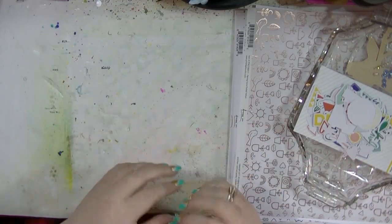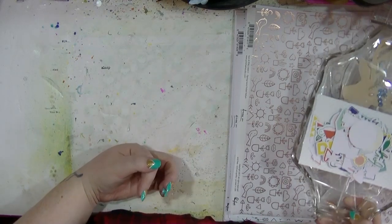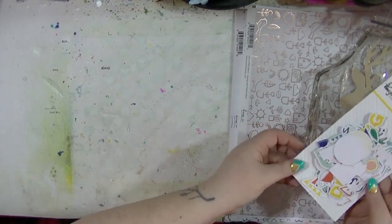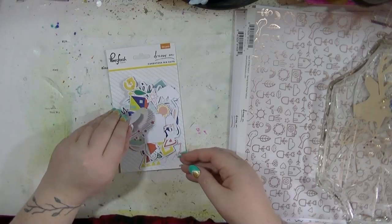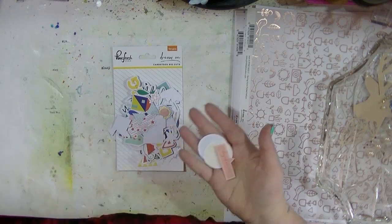Hi guys, I just wanted to share with you what I'm going to be using for my blog post this month. It is the Pink Fresh Studios Dream On collection, and I thought I would just do a little flick through. So I have the die cut pack, which has cardstock die cuts, there's no vellum or anything